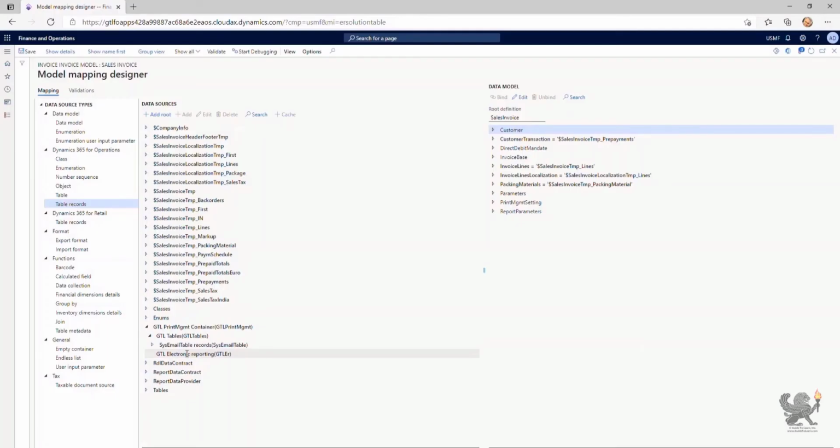In my previous demonstration, I've already mapped the GTL tables container with the table records from the sysemail table, which includes all available email templates from finance and operations. In order to be able to use the email body and subject and associate some fields from the data sources and link them to the parameters of the email templates structure, I need to configure my empty container that I've designated